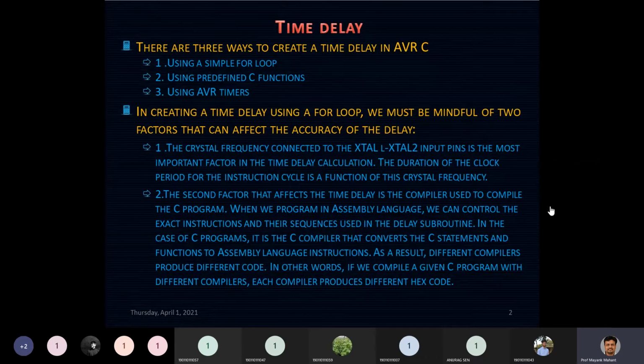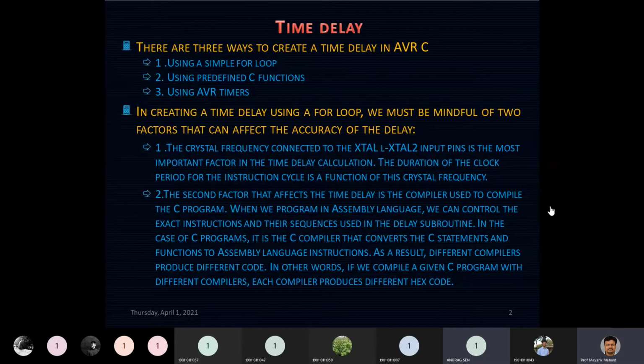Okay, 42 number. Hello, 42 number. Yes, 42 number. Can you tell me something about what you mean by compiler? Sir, compiler converts low-level inputs when executed by a computer.